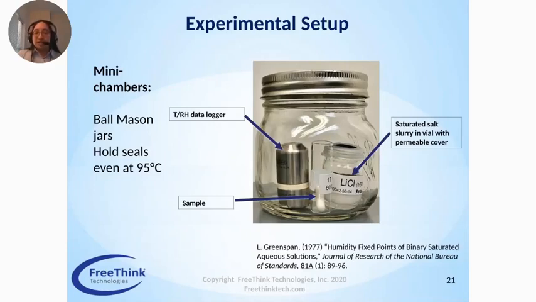a saturated salt solution in a vial with a permeable cover. This is usually what we use to control RH. There's extensive literature on the equilibrium relative humidity above different saturated salt solutions. This is a good reference that contains many of them. The ASAPprime study designer, if you choose to use saturated salts, has a number of saturated salts included, and it will say, okay, to reach this particular RH at this temperature, this is the saturated salt you'll want to use. And the last thing in this example is just a temperature and relative humidity data logger